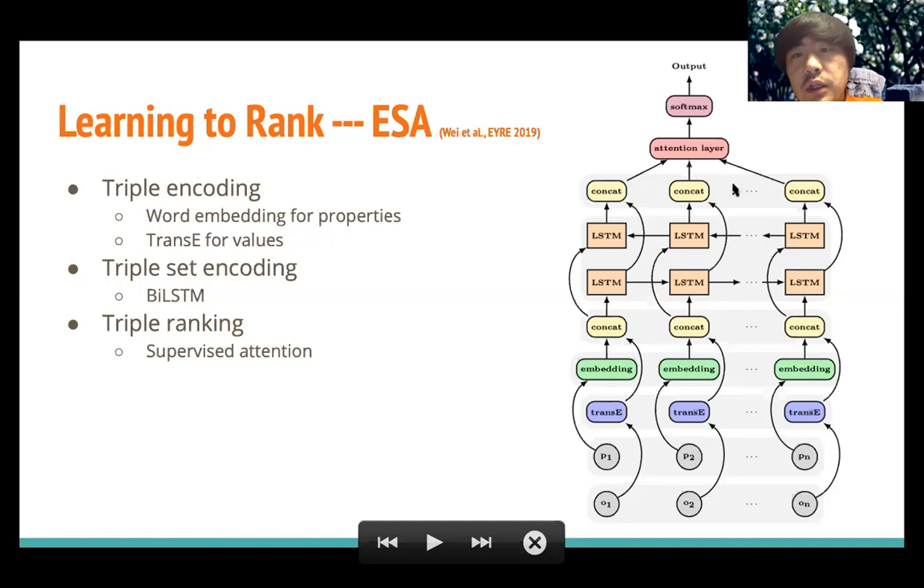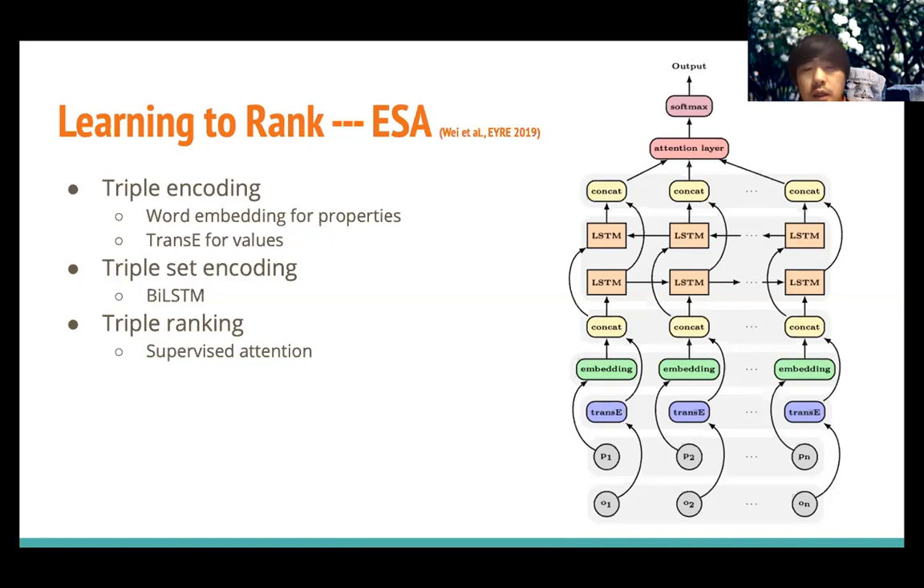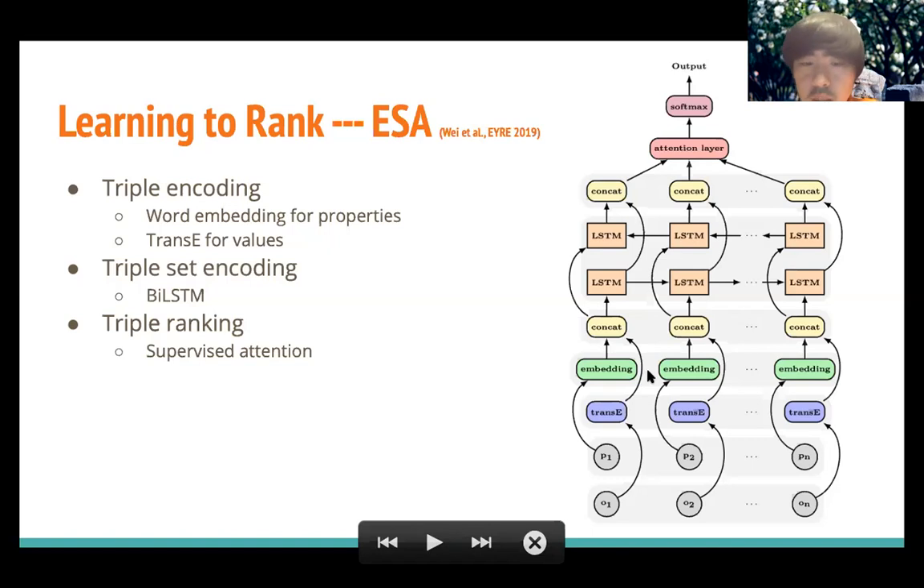And we take the output. The output can be fed into an attention layer. The attention is supervised. It uses the gold standard, the ground truth summaries for attention. And finally, after a softmax layer, we output the ranking score of each triple. So ESA is probably one of the earliest efforts of using deep neural networks for entity summarization. And in a later work,